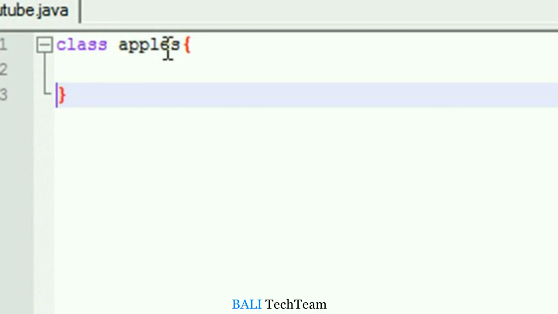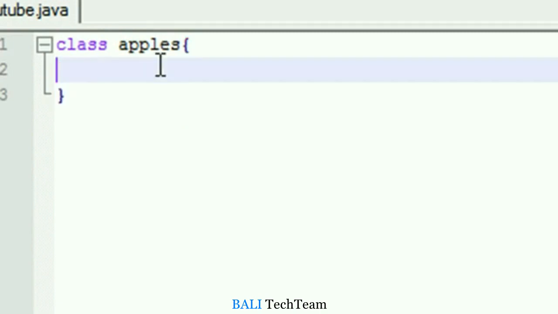Again, you don't really need to know any of this stuff. I'm just making a simple program. You'll understand what all this means later, but for now, just stick with me. In your class, you're going to have something called a method. A method is pretty much a list of things to do, and this method is going to be inside the class. Whenever the computer runs a Java program, the first thing it does is look for